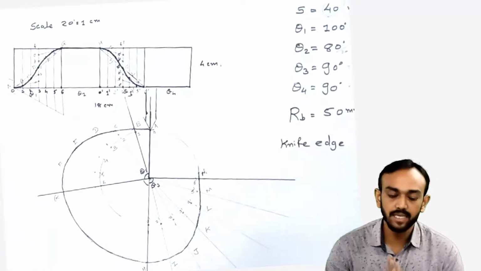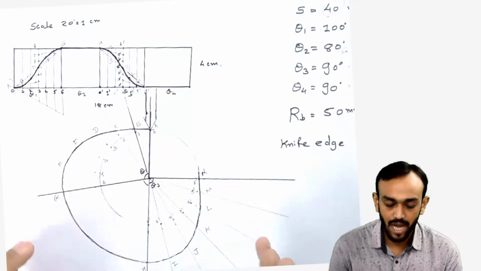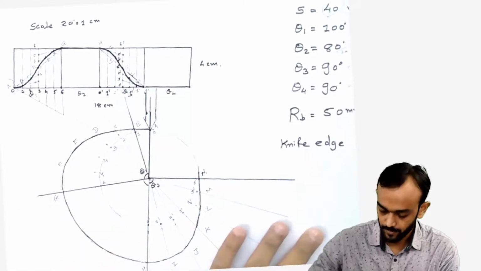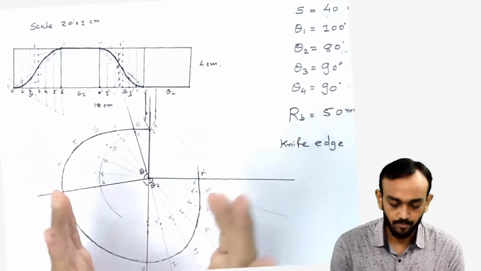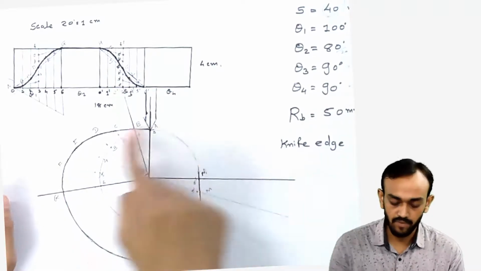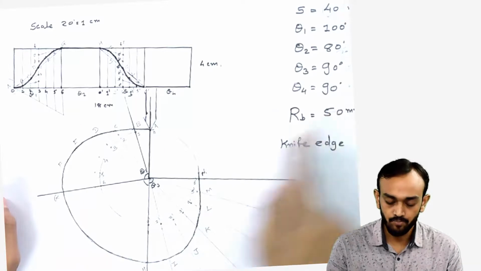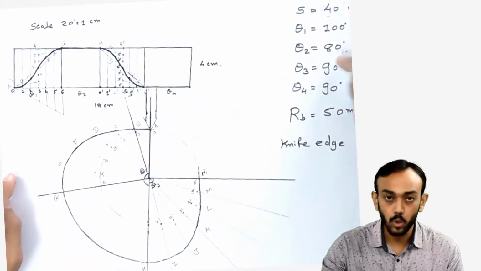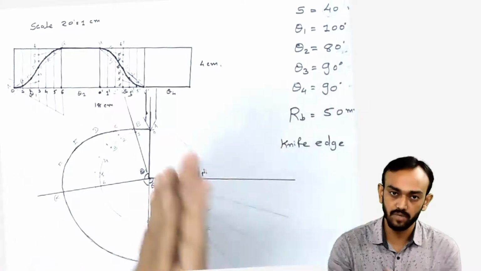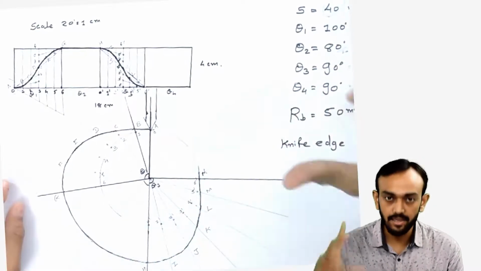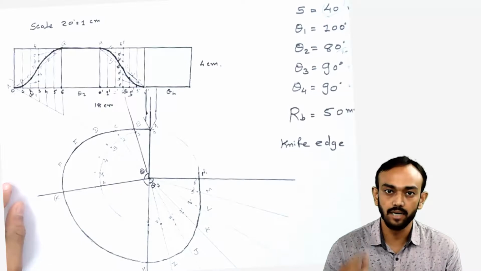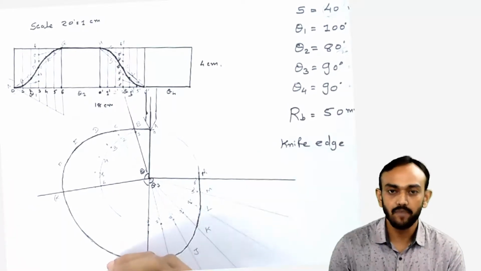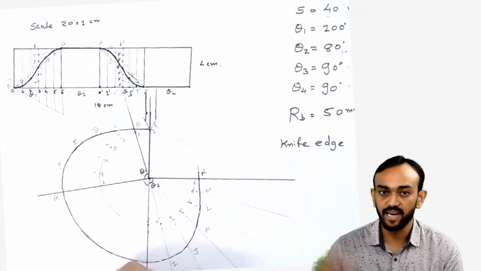So we have got the cam profile here. So how will this cam profile work? Let me revise the cam profile. First of all, make the base circle 50 mm, divide this base circle in the 4 given angles, theta 1, 2, 3 and 4, whatever the angles given, first divide that, and in those 4 angles we have to divide the rise and return into 6 parts. Some students ask, sir, why 6, not 8 or 9?